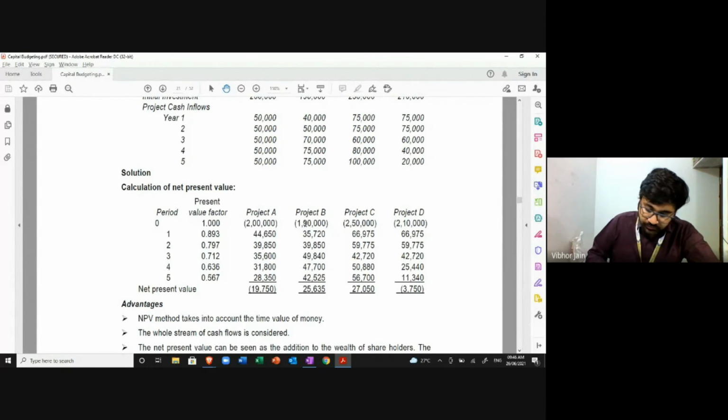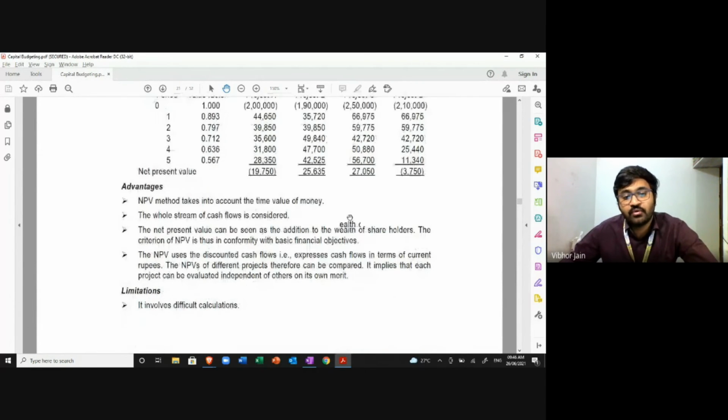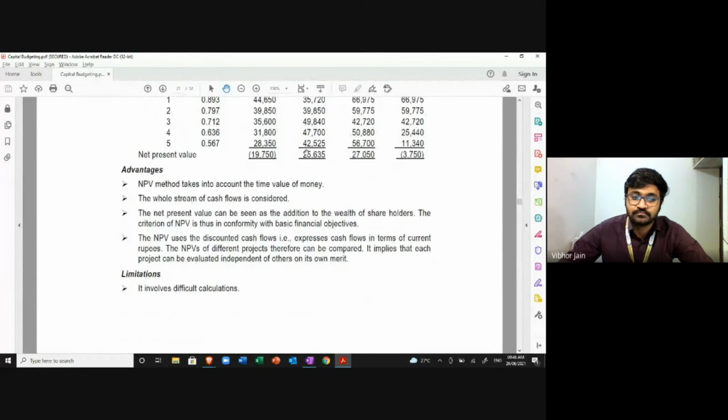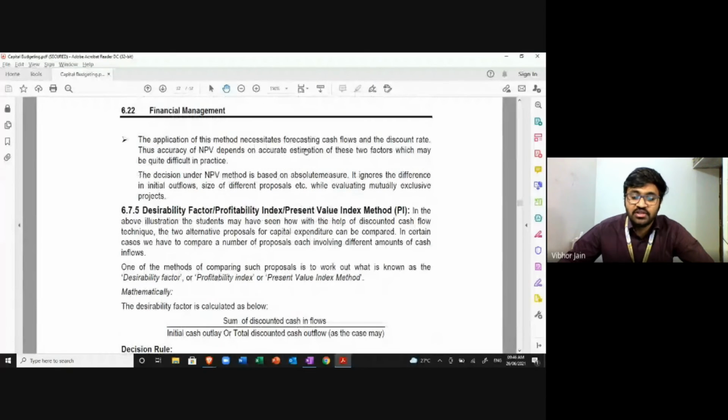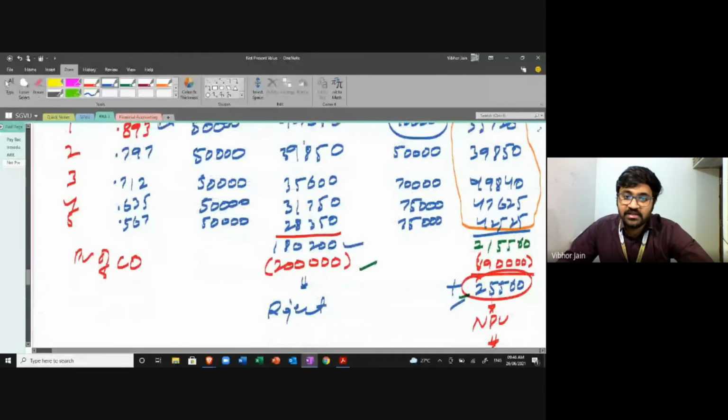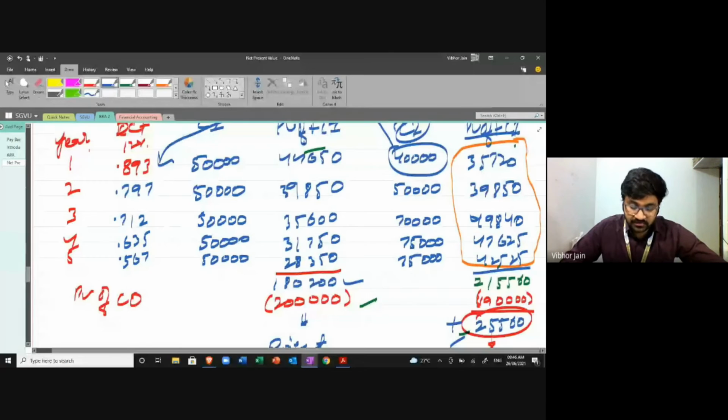How much money do we have? We have 5 lakh. So we will only make the investment of 4,40,000 because we have 5 lakh rupees. So it's okay. We have sufficient funds. So we'll invest 4,40,000 and we'll choose project B and project C. Okay. This is all about net present value method. If you guys have any problem of any sorts, you can please tell me and you can ask me now.